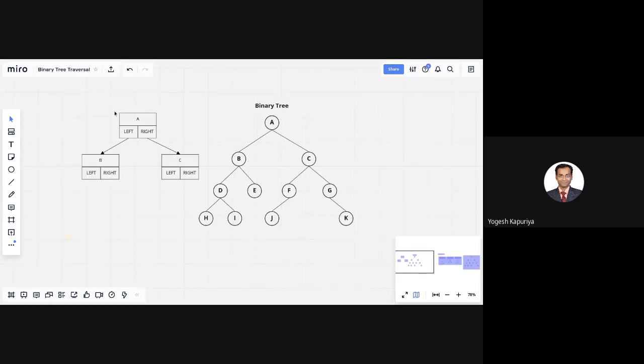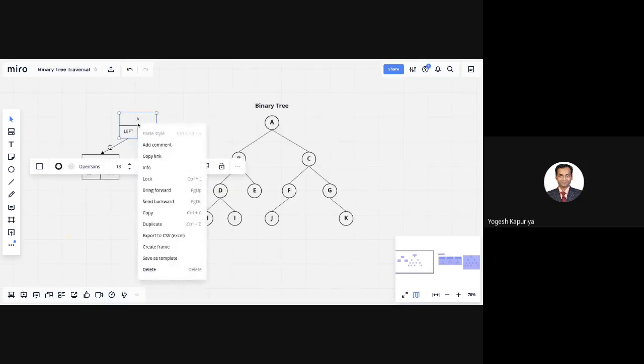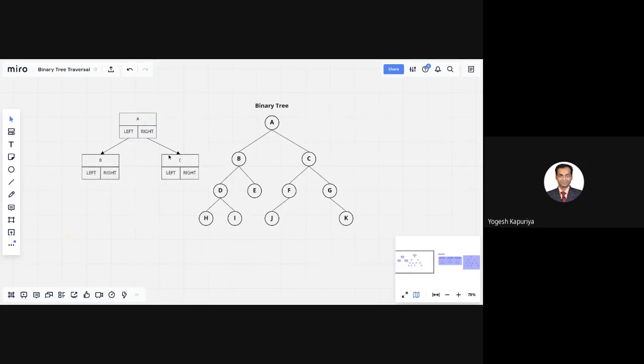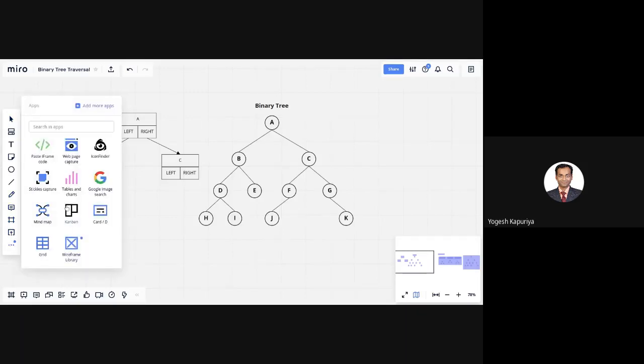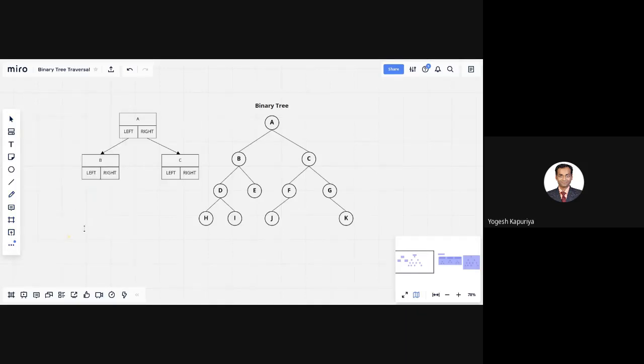So what this node has, it has basically three components. First component indicates the data part. So if you see this is your data, A, B, C, right? Similarly, you have another structure or a pointer which is pointing to the new node. So if I write the structure for this, then this is how it looks like.